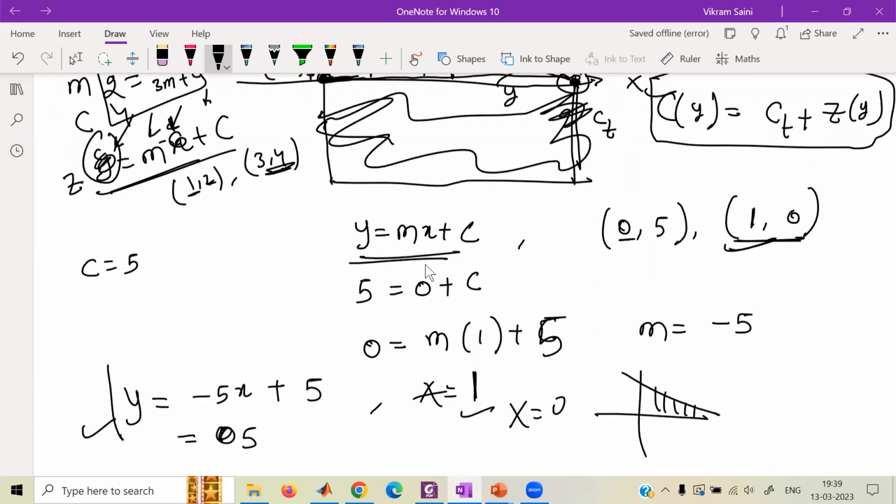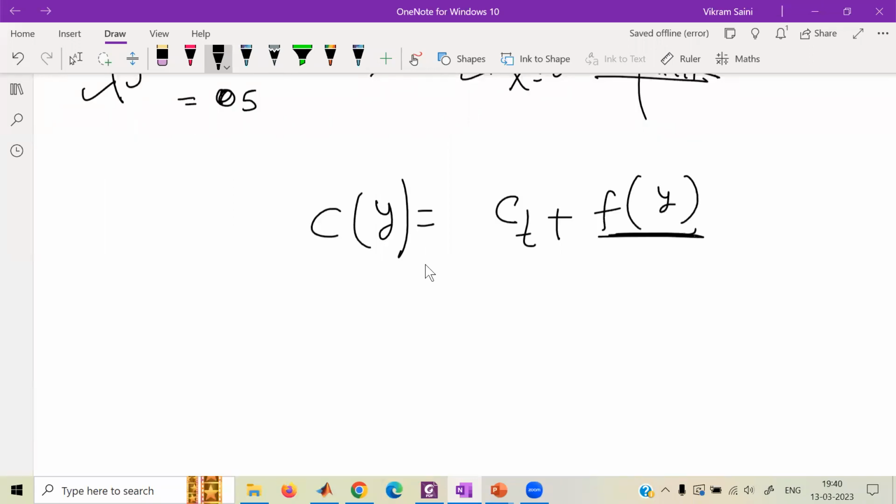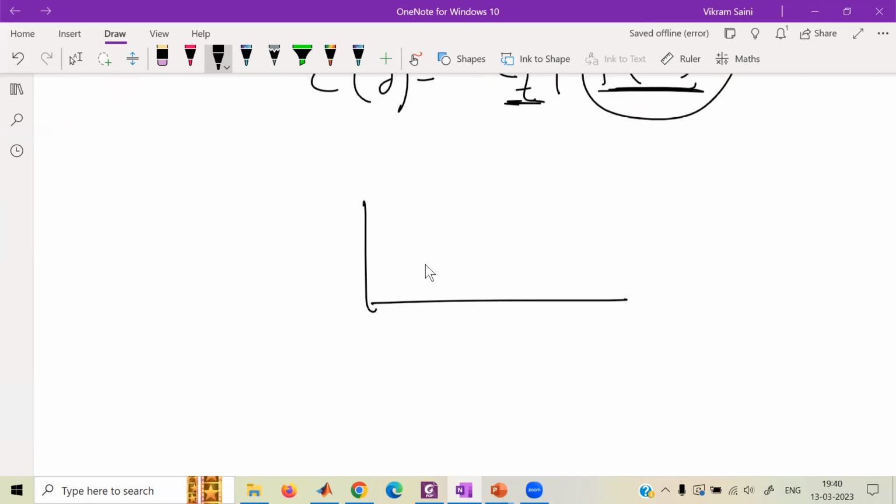So you're finding out this height at every station. You need this equation. In our case, the independent variable was y. So the c comes out as a function of y. It will be c_t and then a function of y, something like a straight line equation here. Add c_t to that, and you have the total chord length here, because the geometry was something like this. If I place my straight line here, then you know this height, and you add this height at every station. You have the total chord. So c of y is